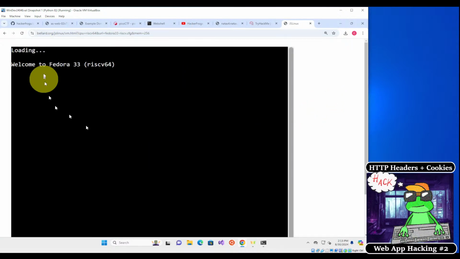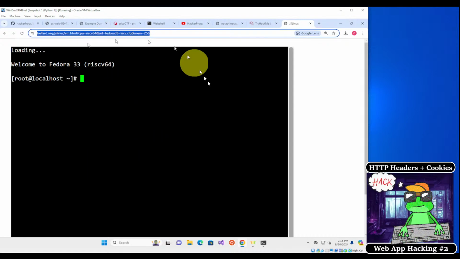So the problem with JS Linux is that sometimes the internet, when trying to access other pages using the JS Linux, can be kind of spotty. So, all right. If you don't have terminal access, go ahead and let us know in the chat, because we'll try to find some alternatives for you. If for some reason you're not able to open up the terminal in your PC, you could try using the JS Linux over